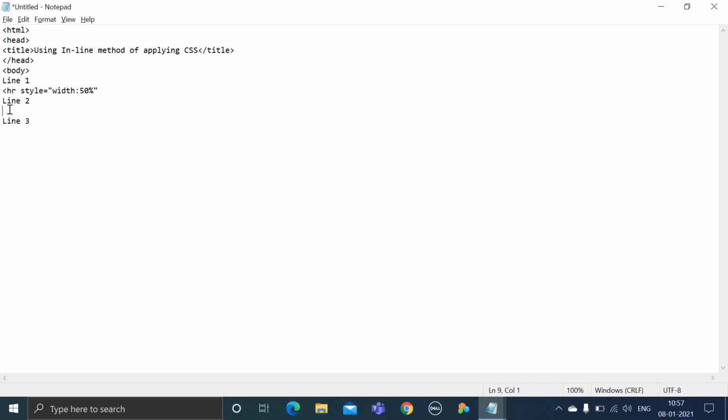Okay, so in this, for the width I will put 75%, and then, oh sorry, I forgot to close it over here. And then in the last I will write HR style equal width, I forgot the colon over here. Width is then 10%, and then I'll close it, and then I'll close the body tag, and then the HTML tag,